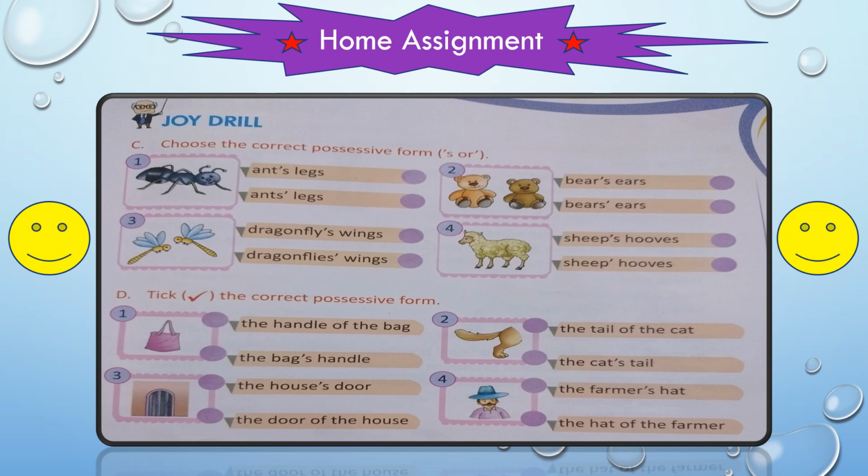The pictures are given and according to the picture, you have to choose the correct possessive form. Two forms are given, right? So whichever is correct, you have to choose that. Do it yourself and I hope you will enjoy this exercise. Definitely you will enjoy this home assignment.